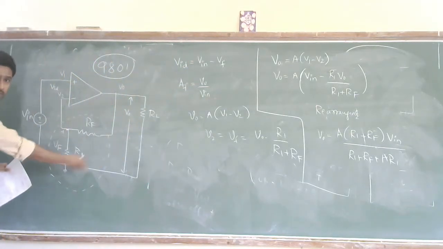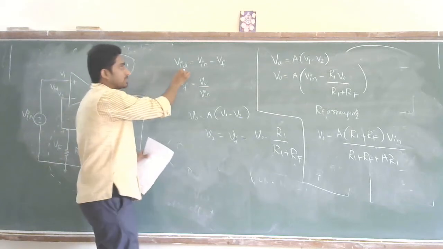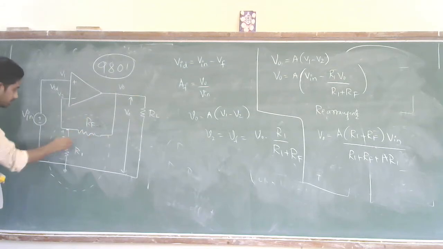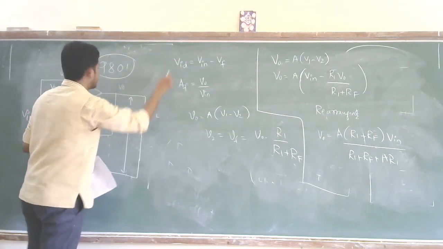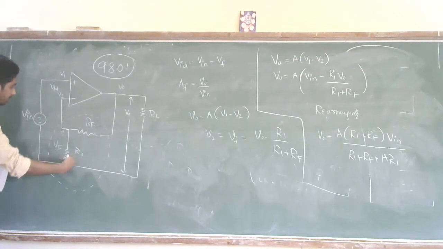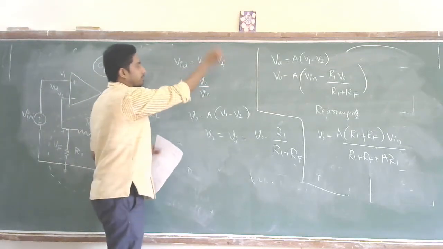I was saying this was a pure feedback network. Now basically, what is the difference voltage that is entering the op-amp? VID is nothing but the one which is given at the source, that is Vin, and the one which is coming from the feedback side, which is VF. So that makes my difference voltage Vin minus VF. The Vin is coming to V1 and VF is coming to V2.